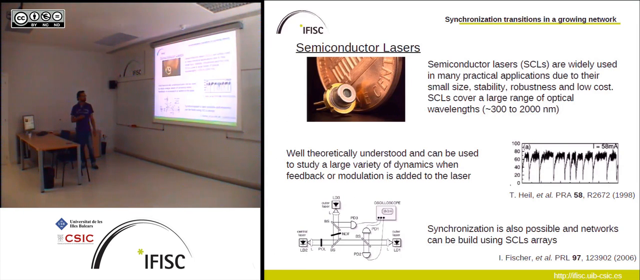So, for those who don't know a lot about semiconductor lasers, I would like to show some ideas of why we chose semiconductor lasers, why we study semiconductor lasers. So, this is